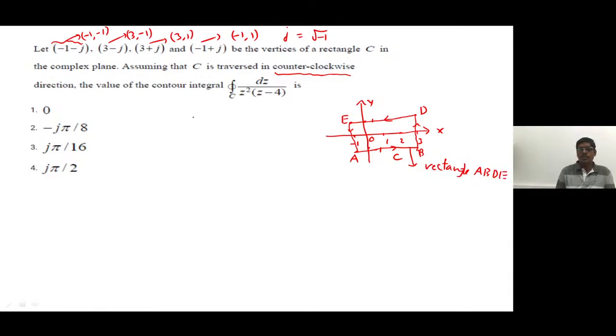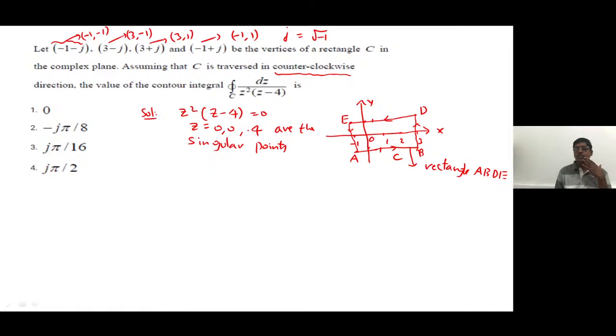So first find the singular points. Z square into Z minus 4 equal to 0. This is giving Z is equal to 0, 0 with multiplicity 2 times repeated, and 4. These are the singular points of the integrand 1 upon Z square into Z minus 4. So how do you check whether inside or outside? This 0 is one of the singular points, but 4 is outside the rectangle. So only Z is equal to 0 lies